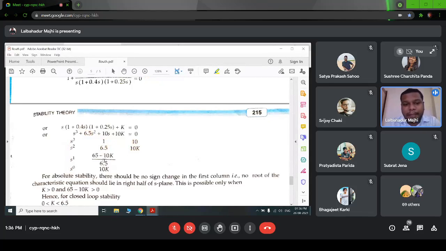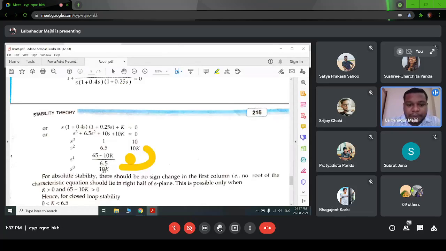Next step is we have to find this value. Let's say this is our b1. It will be 6.5 into 10, which is 65, minus 1 into 10K, divided by 6.5. This will be 0 in the next position, so no need to write it. Okay, if you want you can write 0, but it is okay if you don't write anything. You can see below this 10K there is 0, so the next term here will be this 10K. You can directly shift the 10K to here. If you calculate also you will get this 10K.